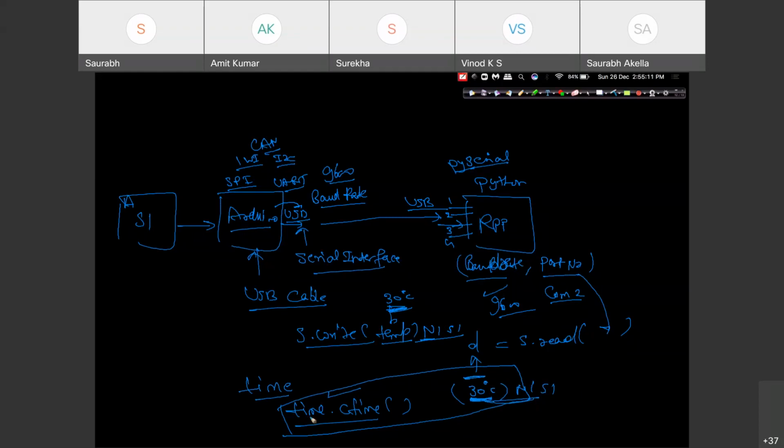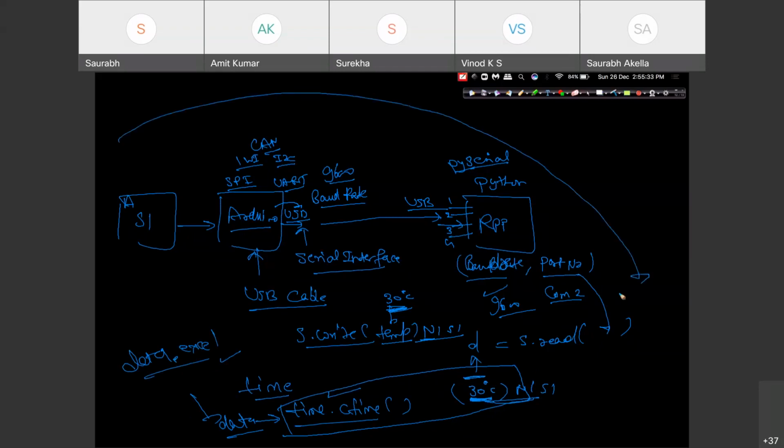Now this information should be saved in a variable. You can save this in a variable called, suppose, data. Now this data can be saved in a file, data dot excel. You can have an Excel file in which everything could be saved. Okay, so this will be the mechanism. I'm telling you about the mechanism. Exactly the same rules, same method, same flow should be used to retrieve the information of your analog sensor from any specific sensor to this Raspberry Pi. We are talking about analog sensors in nature.